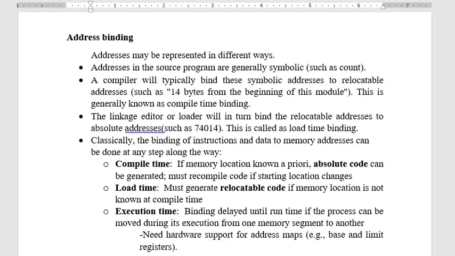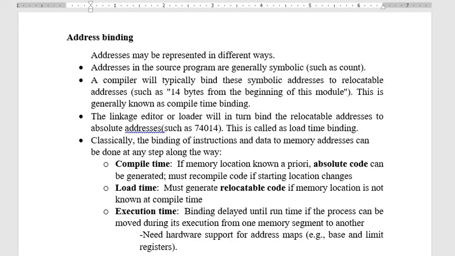Remember, symbolic addresses are the variable names available in the source program. When you compile the program, the object code generated for those symbolic addresses, counted from the beginning of the module in the object file, indicates the relocatable code.